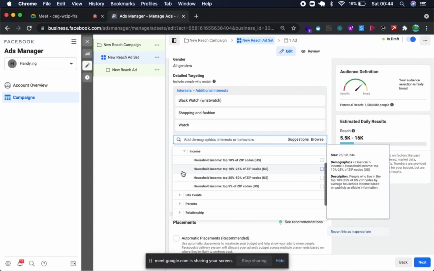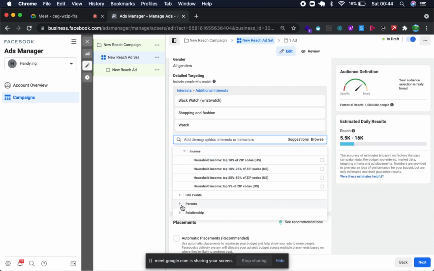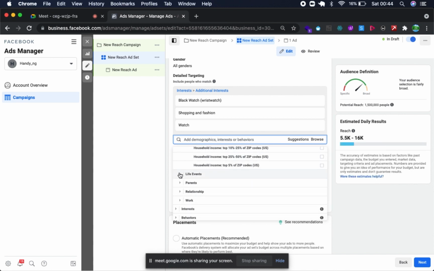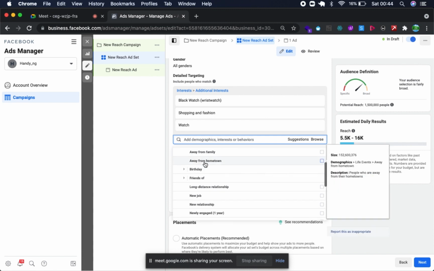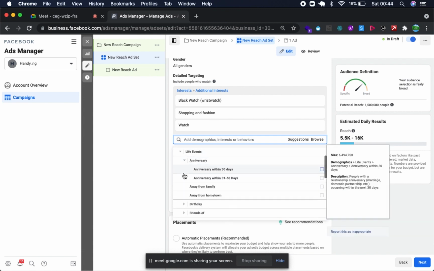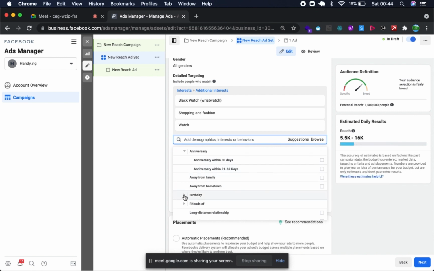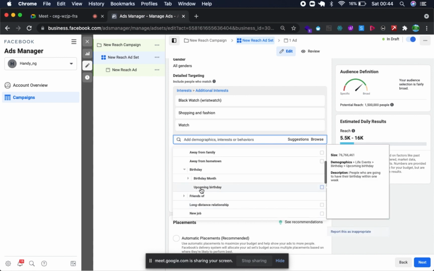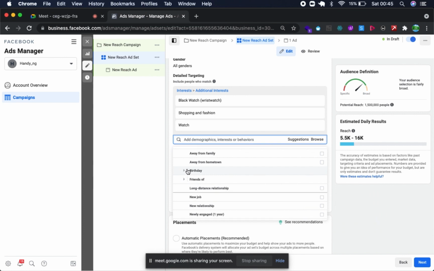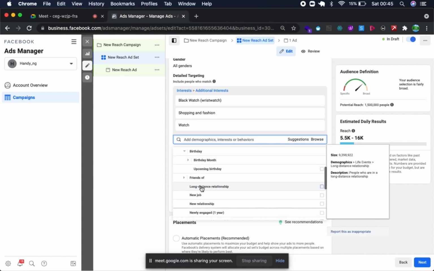Income would never work for Nigeria though, because they don't know how much we earn here. So we have lifestyle: anniversary within 30 days, anniversary within 31 to 61 days, away from family, away from hometown. So you can target people that are having birthdays. Let's target people that are having birthdays, so let them give themselves a wristwatch.